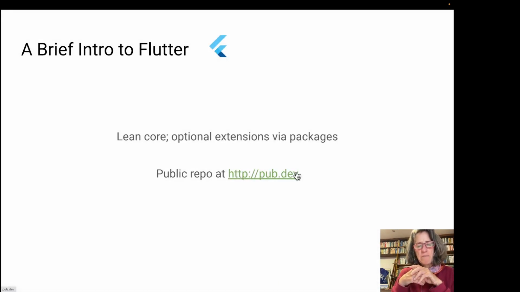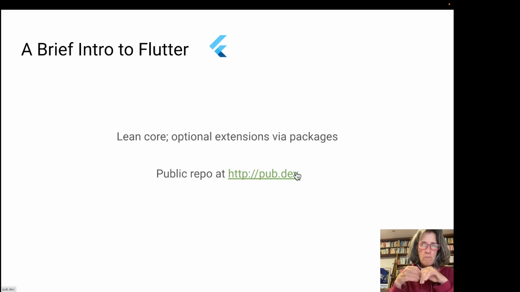One thing that surprised me a little bit initially, although it makes a lot of sense when you think about it, is that the Flutter core is actually very, very small. A lot of what I would have considered absolutely essential functionality is not part of the core. It's added through external packages. Now that turns out to be a really powerful mechanism of extending the framework. So any additional functionality can be published in a package. This package can be shared in a public repo. It can be commented on. You can inspect the source code again.